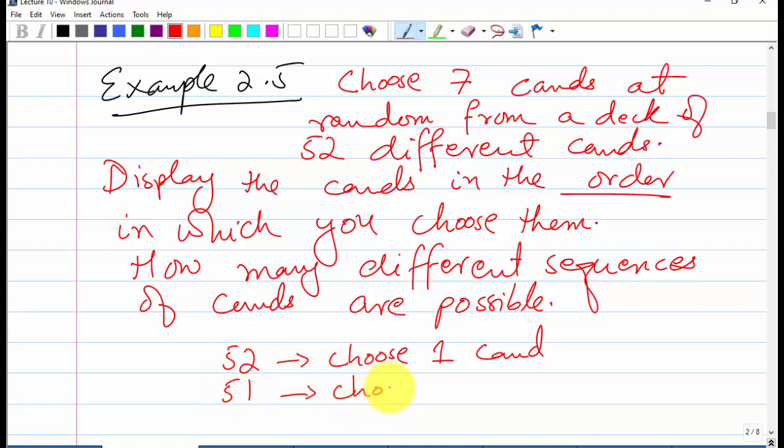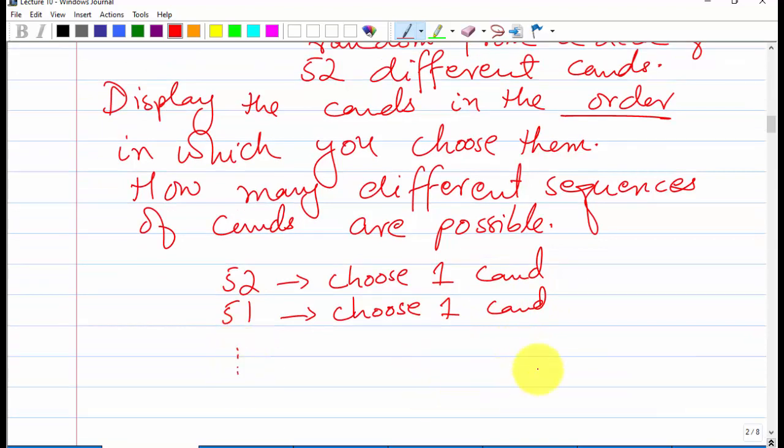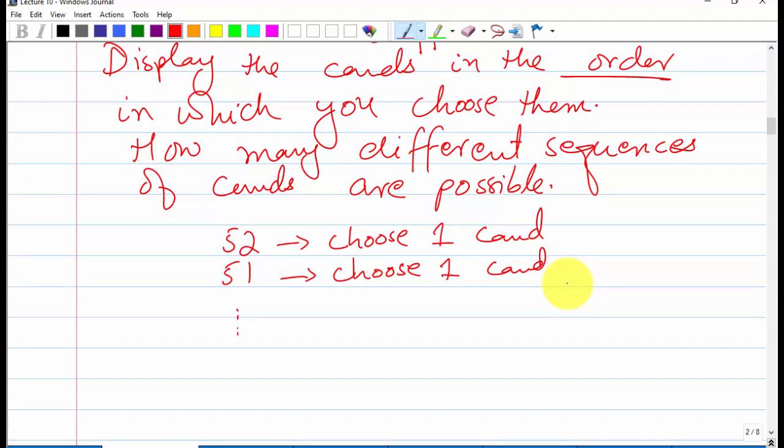So from the 51 cards we will choose one card, and so on, until we are filled with the 7 cards. In this way, how many total outcomes could we have? For the first card we have 52 choices. Out of 52 any card can come. For the second card we have the choice of 51 cards. For the third card we have the choice of 50, and so on, 49, 48, 47,